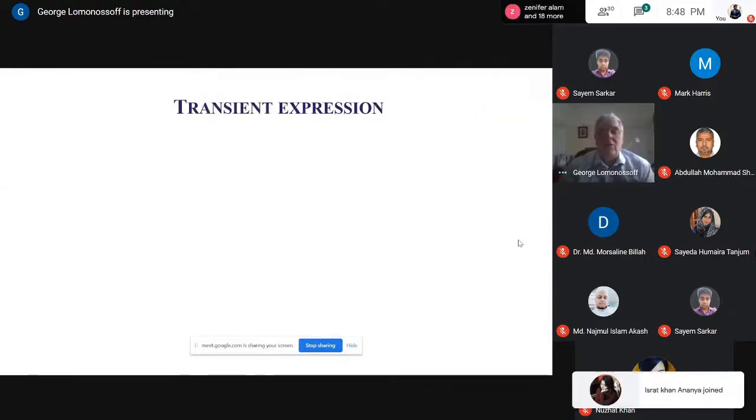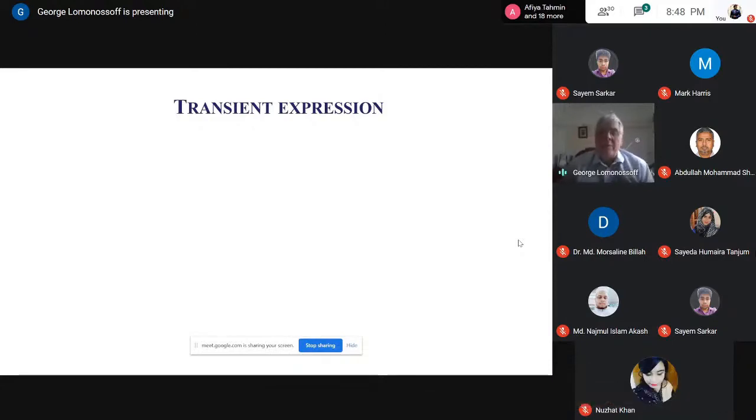And what actually is this transient expression? Because some of you may be aware of it, but others may not be so aware. So I'll just explain it slightly. It is distinct from classic transgenesis. Now, classic transgenesis,